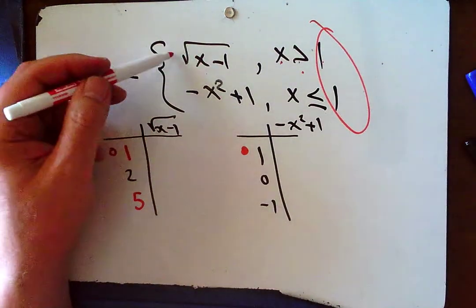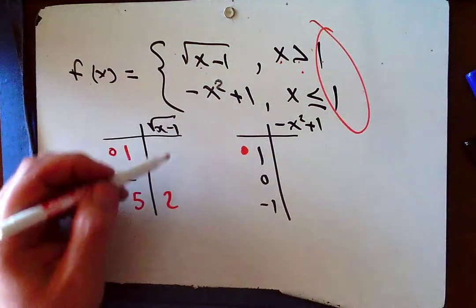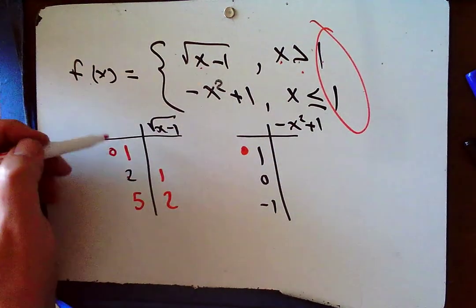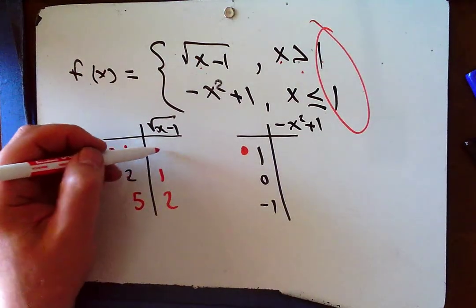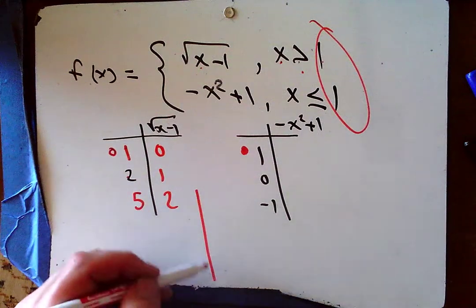Because 5 minus 1 is 4, and the square root of 4 is 2. Square root of 2 minus 1 is 1, the square root of 1 is 1, and if I plug in a 1, I get the square root of 0, which is 0. So the first part of my graph,